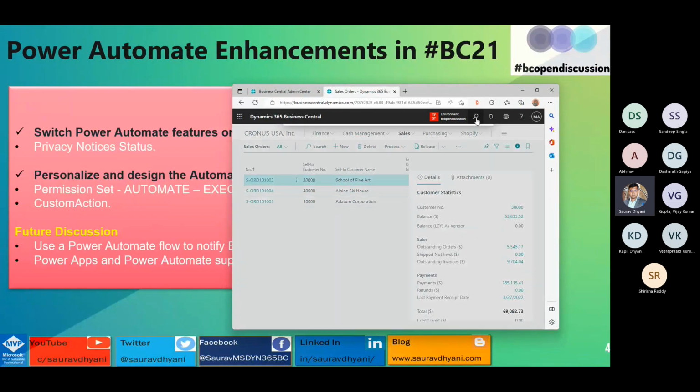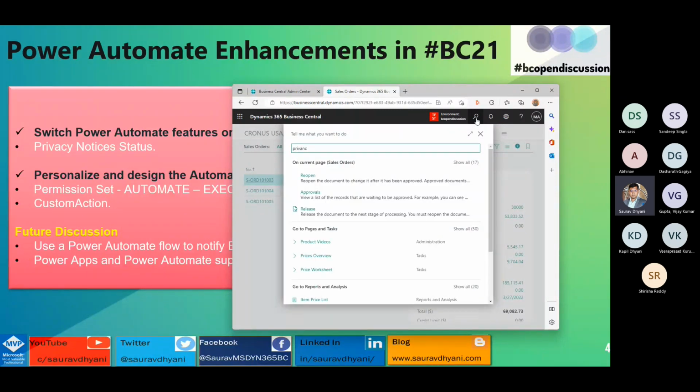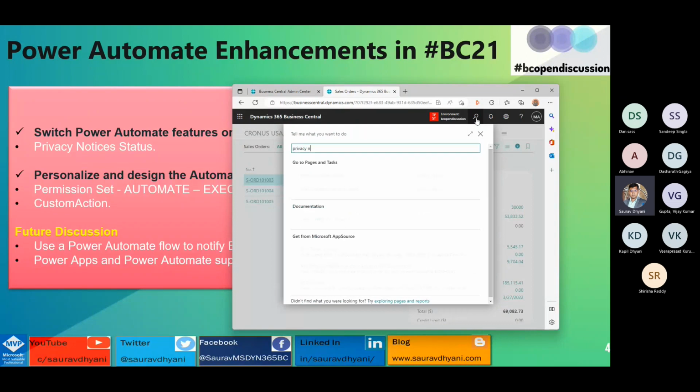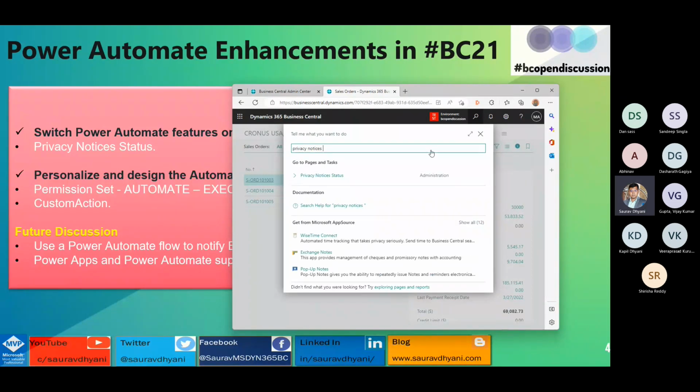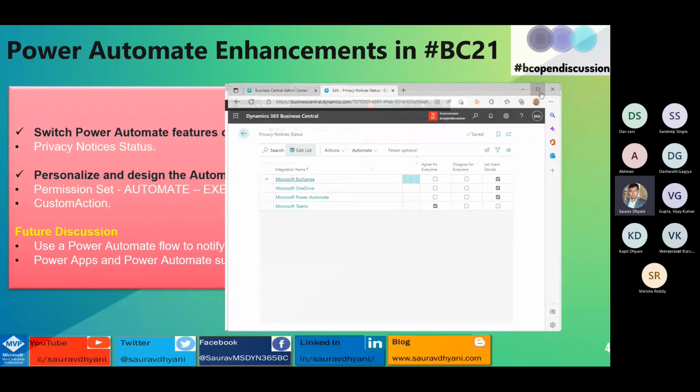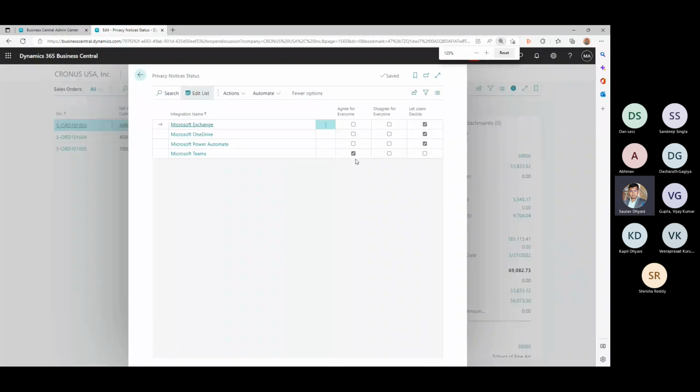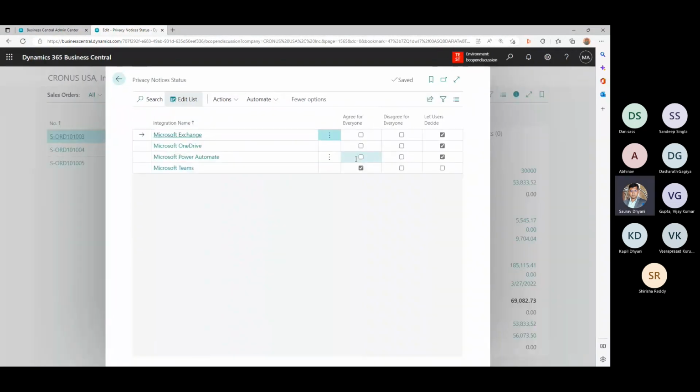So if you just search for it, and as an administrator you don't want that to be enabled on your tenant for all the users, you can just go into that page, which will allow you to enable or disable different Microsoft services like Microsoft Exchange, OneDrive, Power Automate, and Teams.